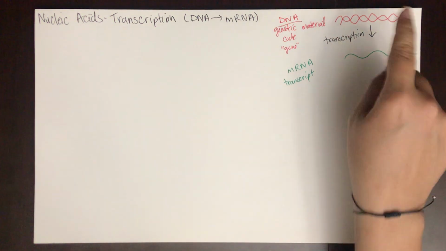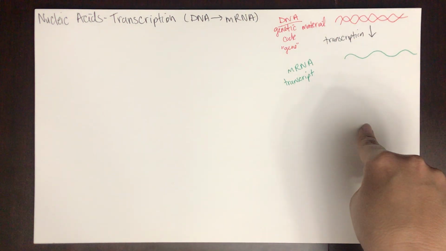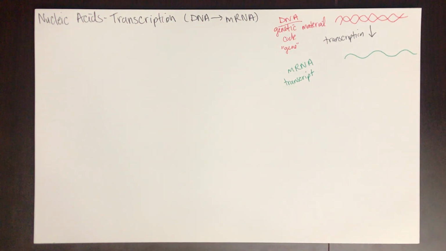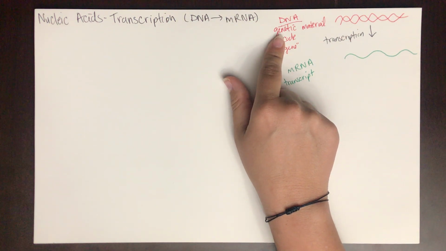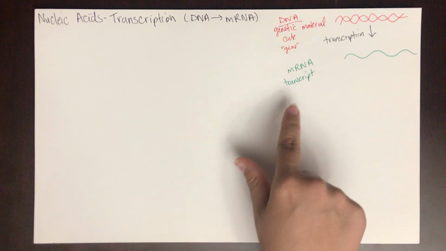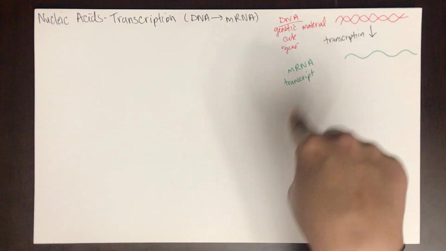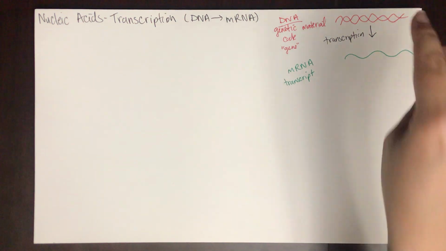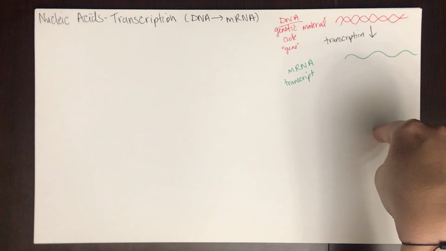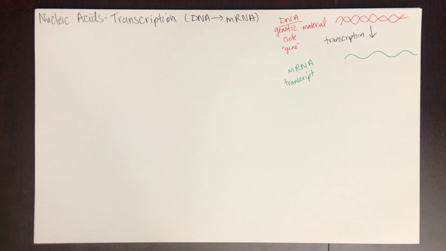The point of all of this is that our DNA codes for proteins, and we have to go through this intermediate step of the mRNA transcript. It's like if you had a letter written in Spanish and you had no way to translate it from Spanish to English, so you had to translate it from Spanish to French first and then from French to English, for example. There's no direct way to go from DNA to a protein. You have to go through this intermediate step of transcription where we're taking double-stranded DNA, converting it into single-stranded messenger